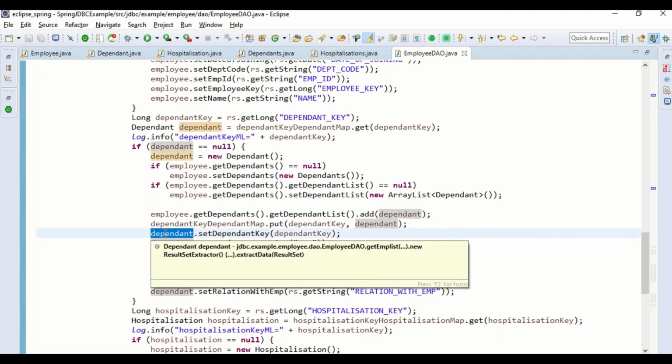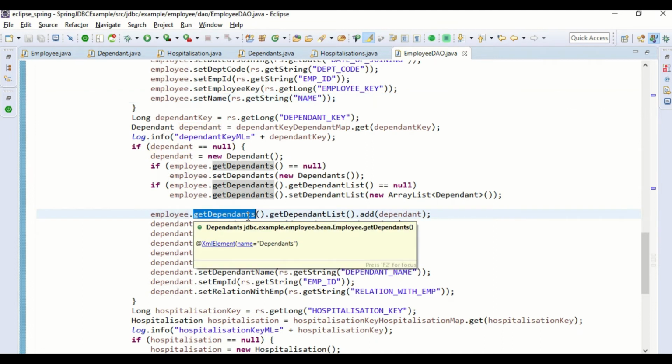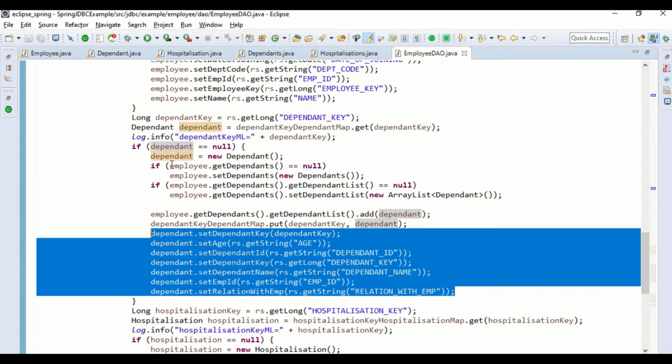Otherwise, it will not work. So from the employee object I take the dependents, and inside that object there is a dependent list. I add that dependent object to it. That's how the dependent object is formed and associated.